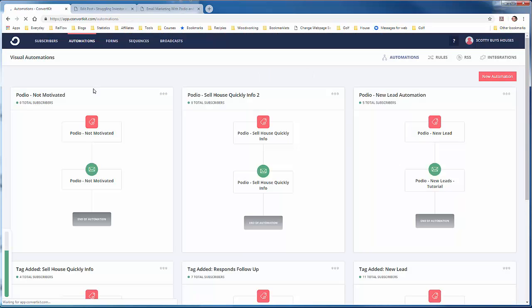There you have it. We have the 3 automations set up, so when we apply a tag Podio not motivated, it will be assigned this sequence. When it's Podio Sell Your House Quickly Info tag, it'll be assigned to this sequence. And when it detects that a Podio new lead item has been added, it will assign this sequence to that lead. So that's it. In the final video, we'll show you a complete test of how everything works and how